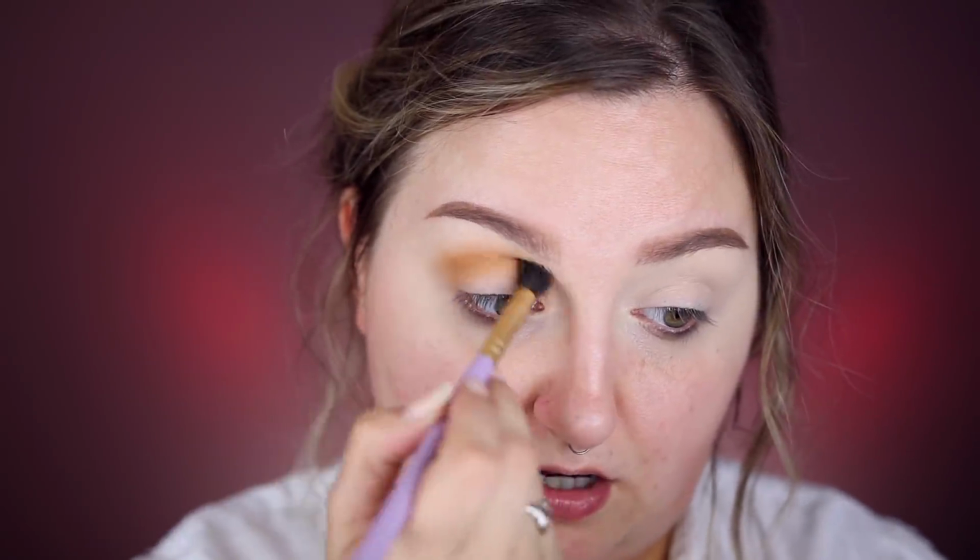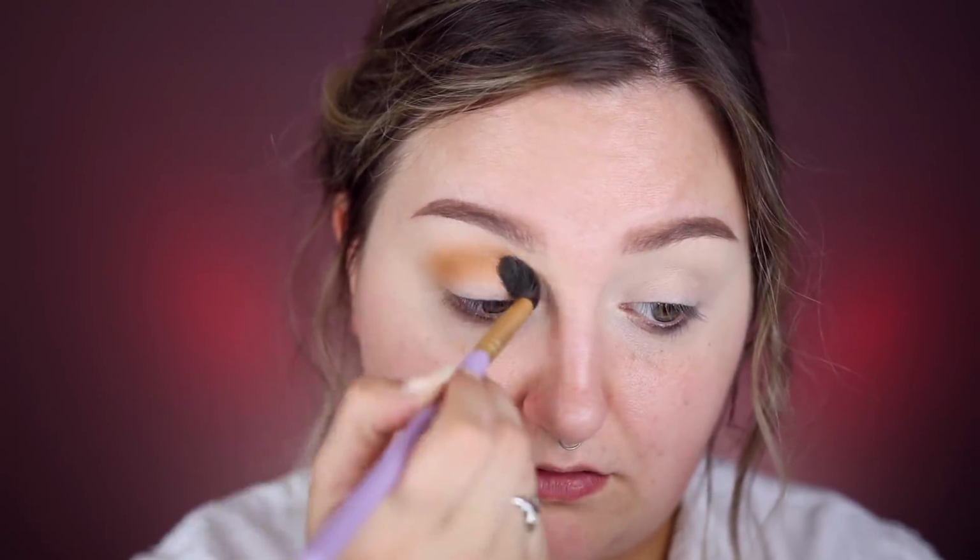This is the Makeup Addiction Expert Blender. So far this is blending immediately very nicely. Pigment is definitely there. It's not clinging in any weird spots at all. Oh, I love this brush. I love this brush with my entire heart. Okay, this is a style of color that I feel like I've been looking for a while. I love a good mustard shade, and this is described as a matte golden mustard,